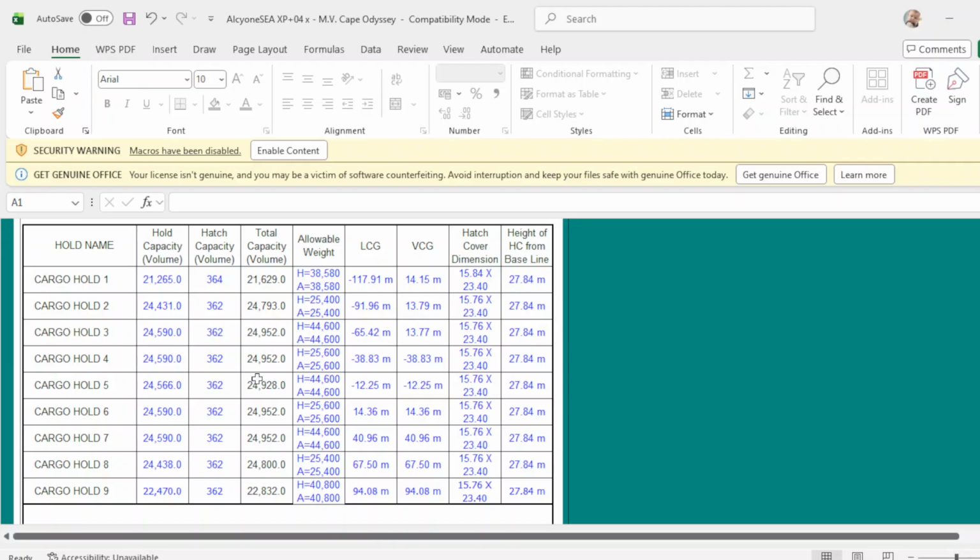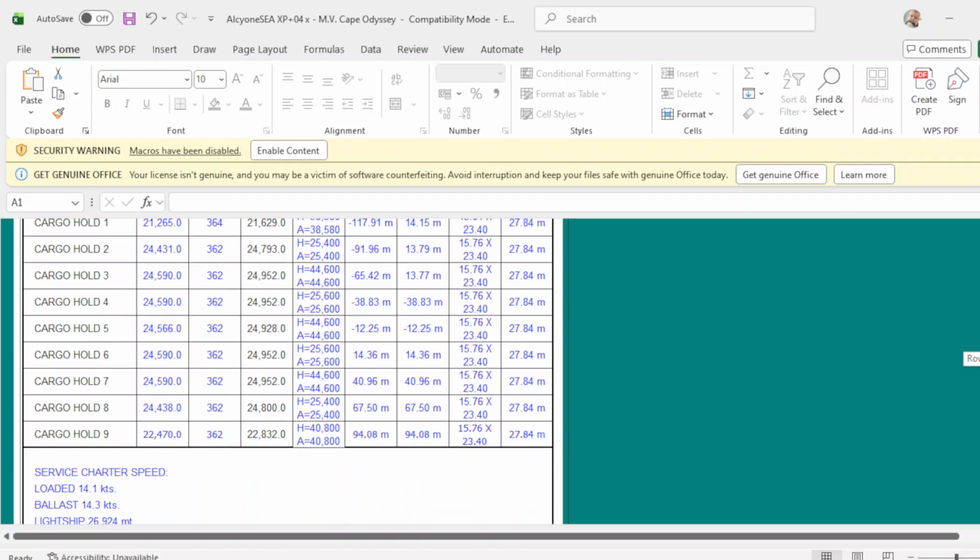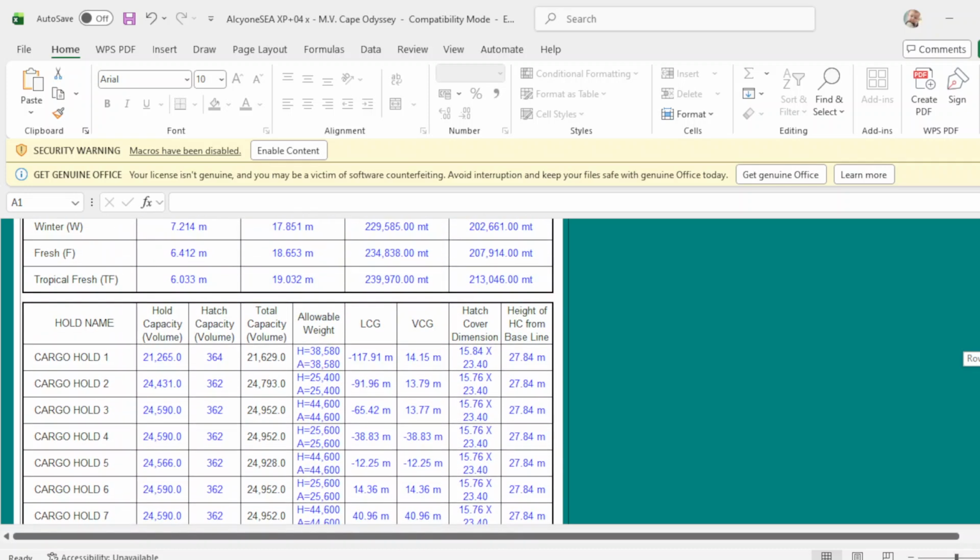Number 4 is 24,952. Number 5 is 24,928. Number 6 is 24,952. And hold 7 is 24,952. Hold number 8 is 24,800. And hold number 9 is 22,832.